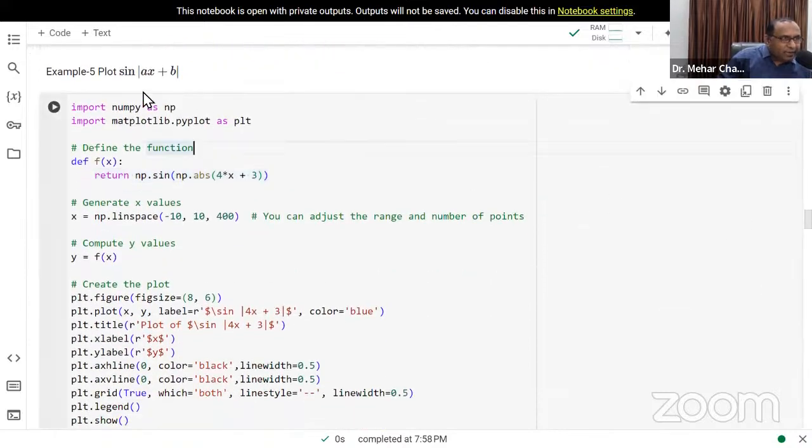And for the sine modulus of ax plus b, see only this part. This part is the only important one. np.sin, np.abs of 4x plus 3. See the syntax very carefully. Only this part is important. Okay. So the other statements will remain the same. X linspace we are taking minus 10 to 10. Then you can